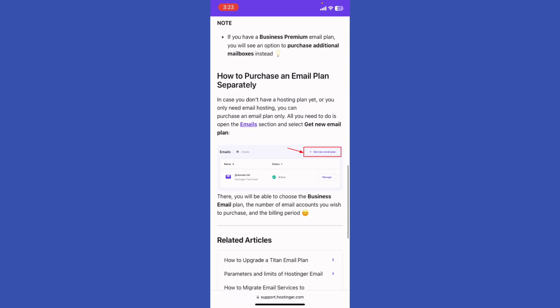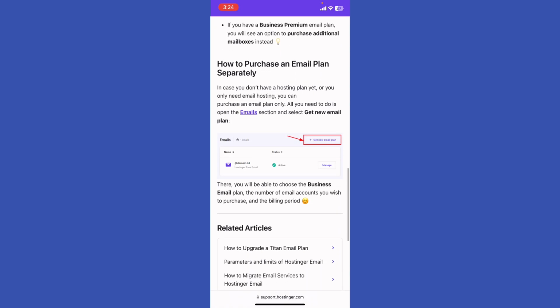account. All right, if you want to purchase an email plan separately in case you don't have a hosting plan yet, or you only need email hosting, you can purchase an email plan only. All you need to do is open the email section and select get a new email plan, and there you'll be able to choose a business email plan, the number of email accounts you wish to purchase, and the billing